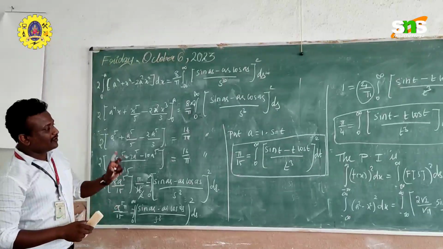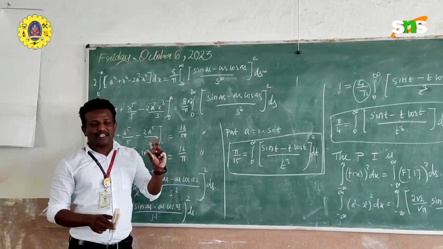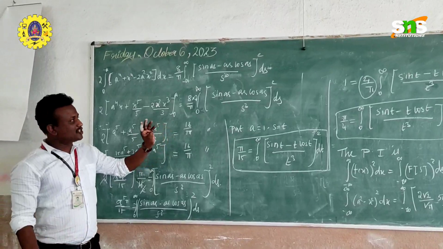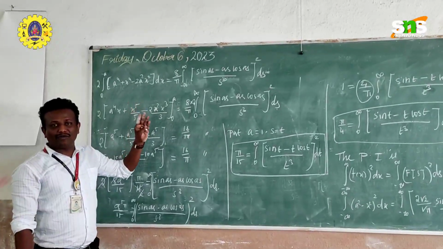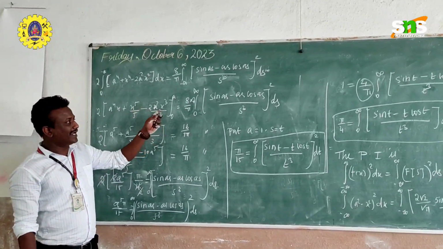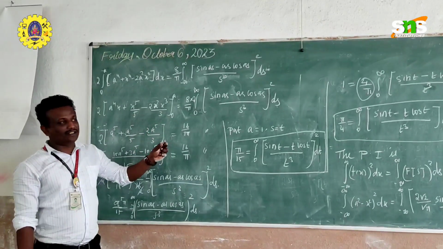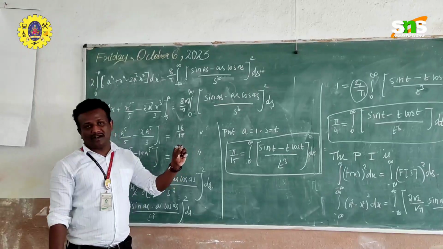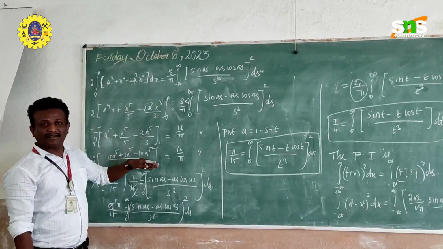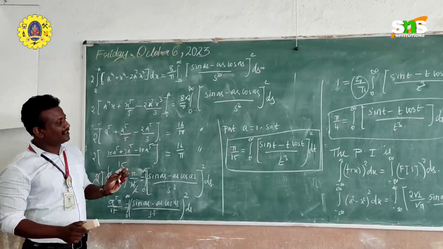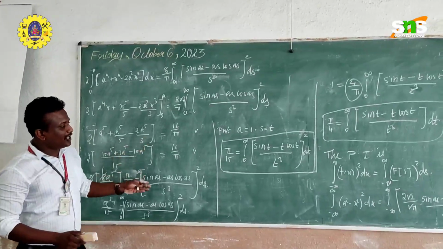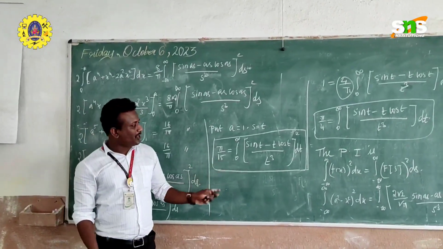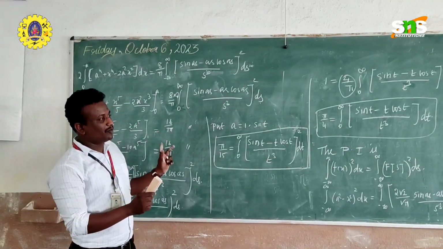Okay, so what are the steps that we have followed? There are 3 parts. First, we use the Fourier transform formula to get the answer. After finding the Fourier transform, from that result, by using the Fourier inverse transform formula, we have derived the second result. Then by using Parseval's identity formula, we have derived the last result. I hope you have got a clear picture about solving this problem.